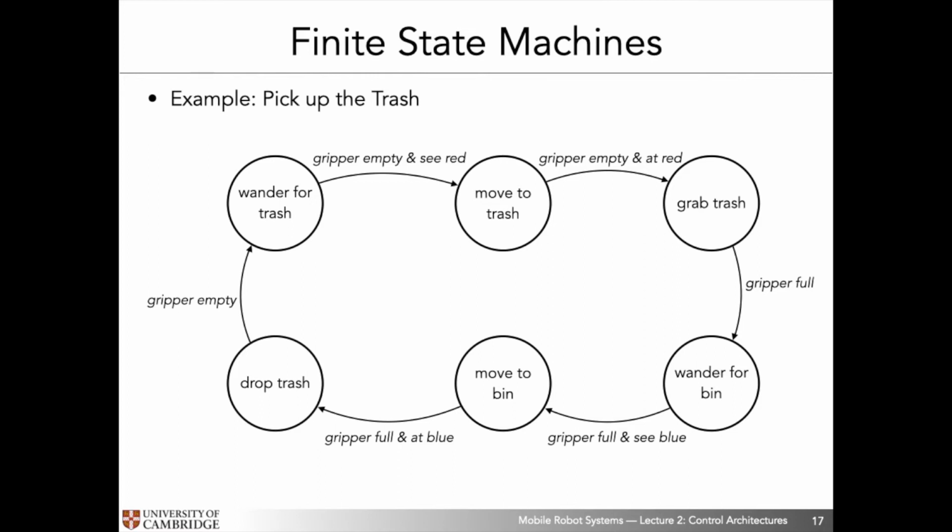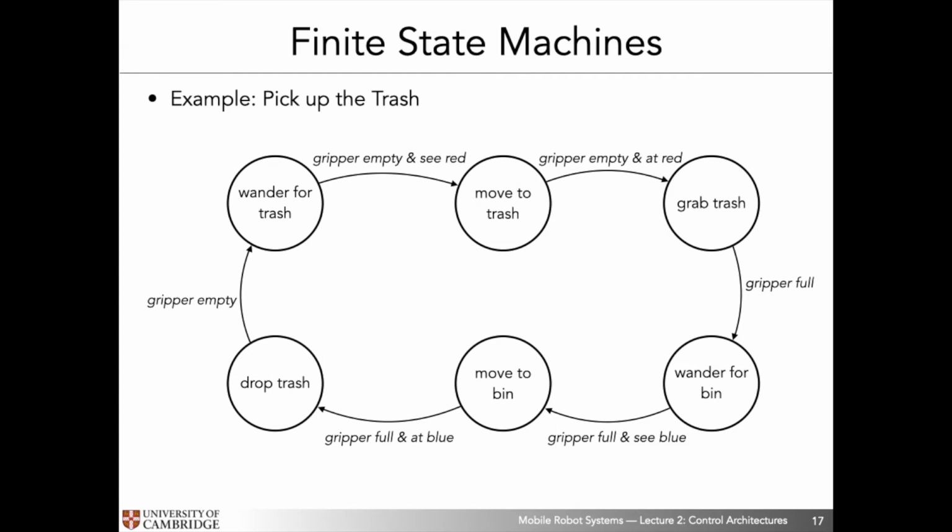If it then detects that the gripper is full, which means the soda can was successfully picked up, it'll then wander around trying to find the rubbish bin. If the gripper is still full and it sees the rubbish bin because it's seeing something blue, it'll move directed towards that rubbish bin. If its gripper is still full and it's located at the rubbish bin, it'll then open the gripper, drop the trash into the bin, and at that state, we're hoping that the gripper is empty, and we get back into our default state, which is let's wander around for more trash, right? So this seems to be very straightforward and seems to cover everything that the robot needs to do in order